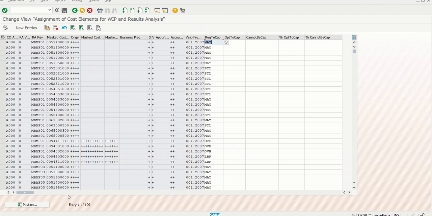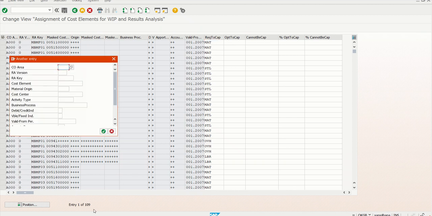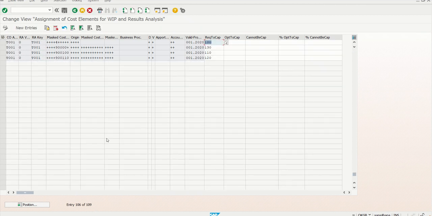And assignments. In assignment, what we are going to do is assign the cost elements. T001 is the controlling area. Here we can see masking. I have given the masking 4 series. Whatever consumption accounts are there, all the consumption accounts are going to update to this line ID. And the second one, these two are the overheads, material overhead and production overhead. So for one and two I have given only the mask here. So these two are going to update to this line ID.